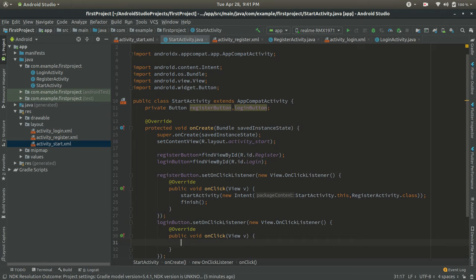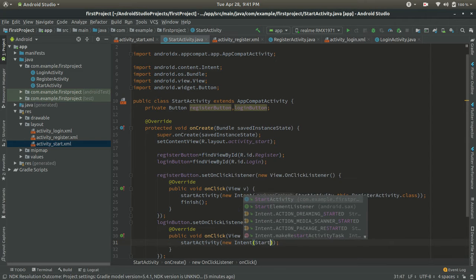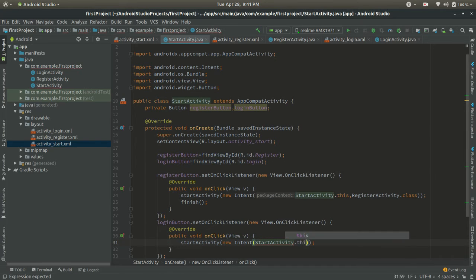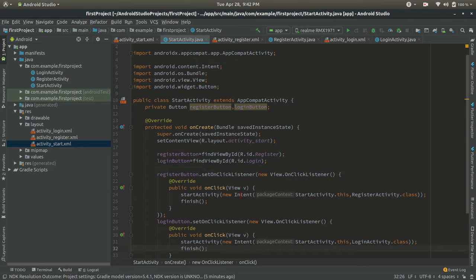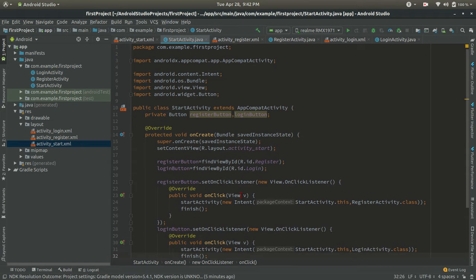In that, startActivity, new intent, StartActivity.this comma LoginActivity.class, and just finish it. So the start activity work is over.